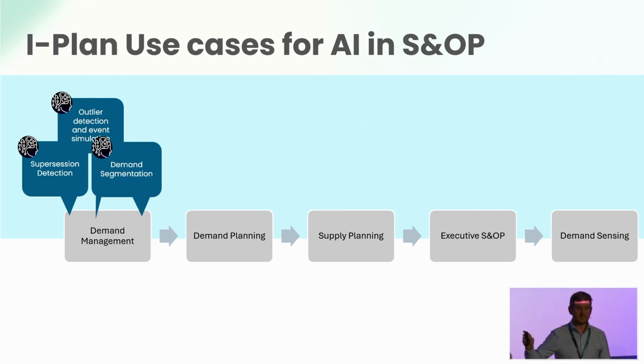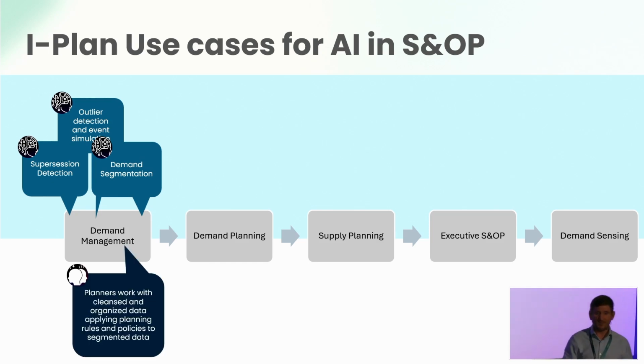Segmenting the demand so that we can identify, based on the variability of demand, which things we should be making to order, making to stock, or a combination of the two. And what does that do from a planning perspective? Well, it allows us to work with clean, organized data and apply planning rules to work out how best to